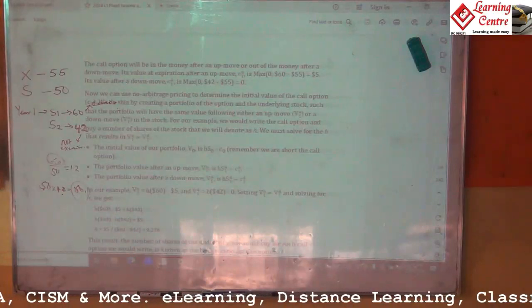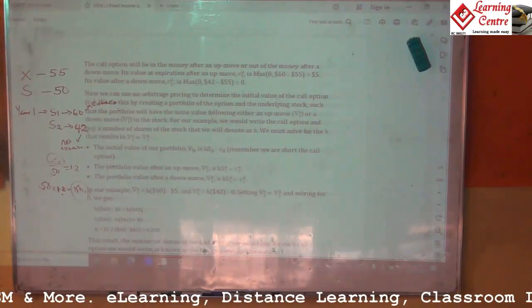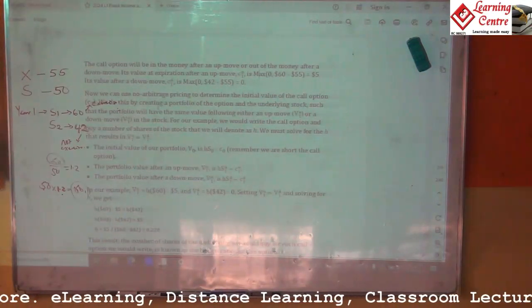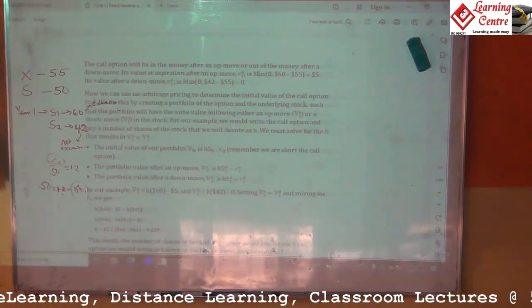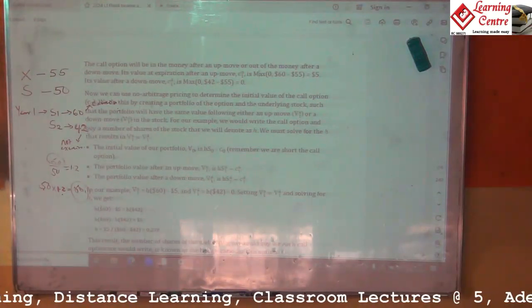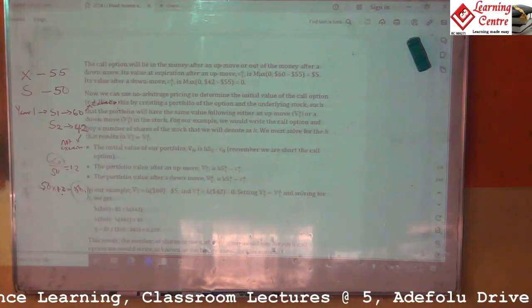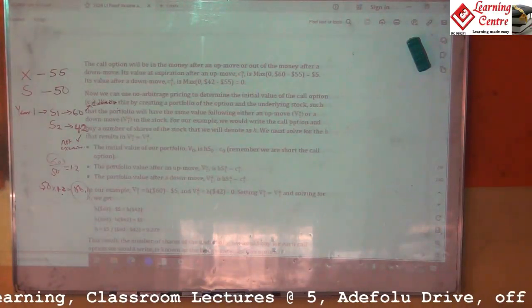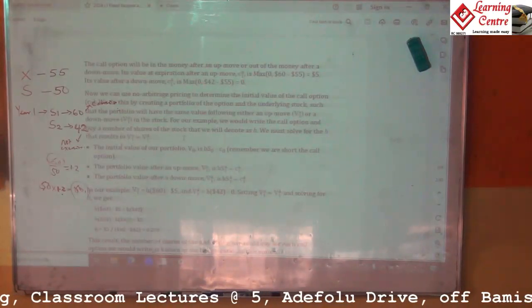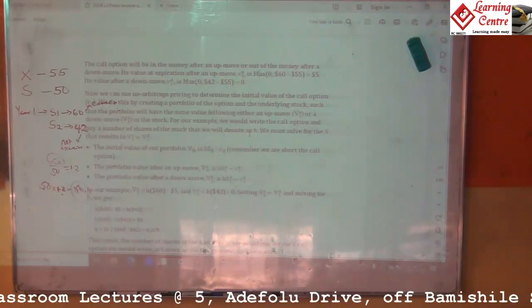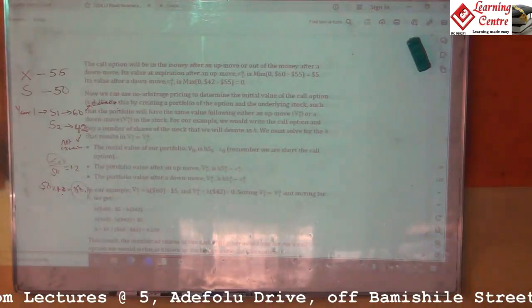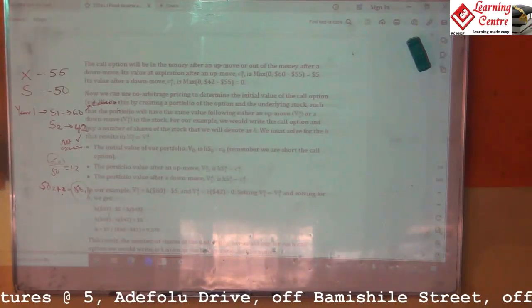Now we can use a no arbitrage pricing to determine the initial value of the call option. We do this by creating a portfolio of the option and the underlying stock, such that the portfolio will have the same value following either up move or down move. For example, we write the call option and buy a number of shares of the stock that we'll denote as H. We must solve for H. So what this is trying to say is,